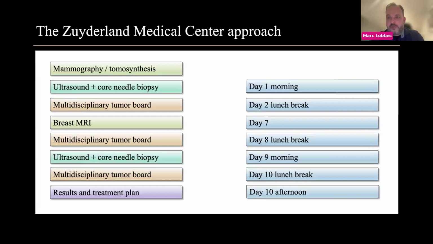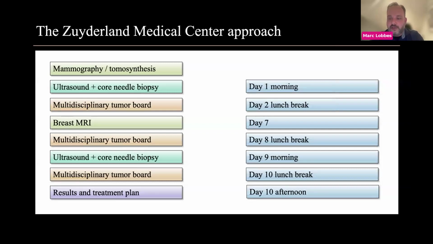In comparison, when we have an occult contralateral breast cancer, as a sort of virtual patient, probably the route will be like this. Again, we will decide on day 7 that we do the breast MRI, and oh my God, we see a lesion on the other side. So she comes back for a targeted ultrasound, we detect it, we biopsy it, and then in the end, we're at day 10 in the afternoon, when you do it very efficiently,